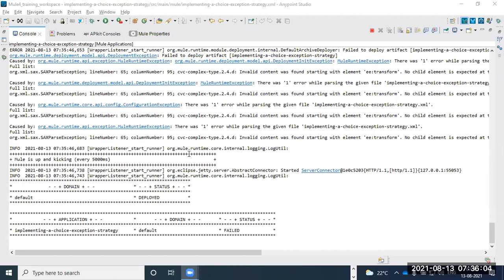Okay, I can see some invalid metadata: no child element is expected.